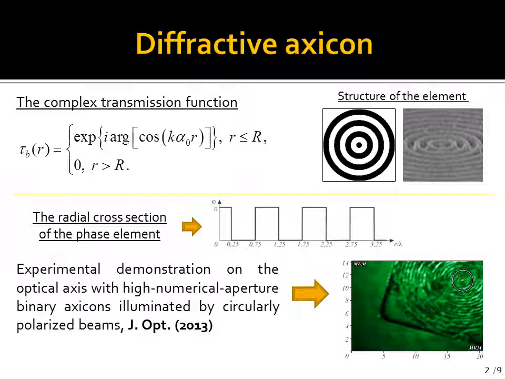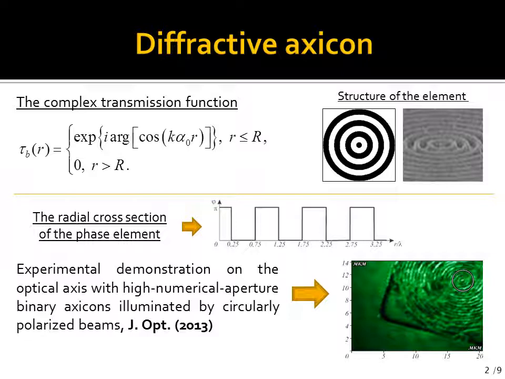This is more than 37% smaller than the size of an Airy disk formed by a lens with the same numerical aperture. So axicons are used for forming an extended focal segment with a narrow transverse size, even overcoming